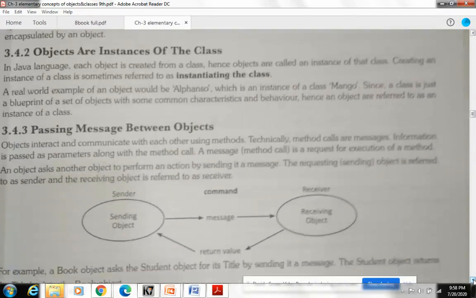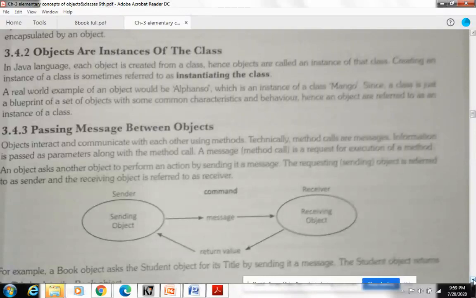Now, objects are instances of the class. Instance means at one particular time it has some value, and at another particular time the object has some other value. So in this way you can learn that objects are part of the class. Suppose at one time I want to run an addition operation from the calculator, so I put 5 and 6.